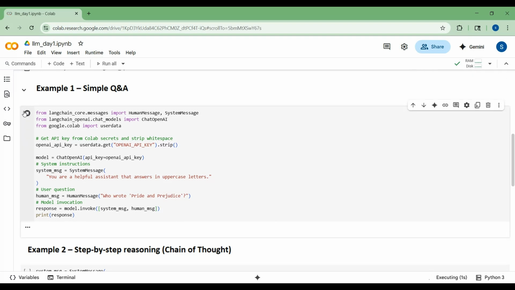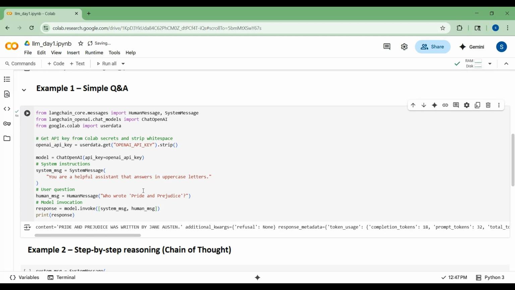Let me run. So now this has to convert. The reply should be in uppercase letters. As you can see here, the reply it has given is in uppercase letters, and you can get additional details here also. So it took 18 tokens, and you can see completion tokens are 18, prompt tokens are 32, and total tokens are 50. So whatever text you are giving, it is converted into tokens